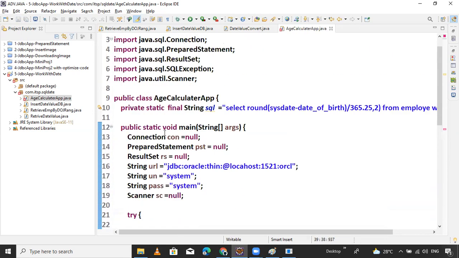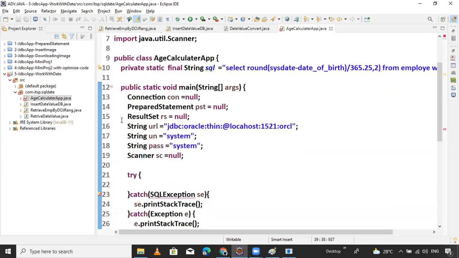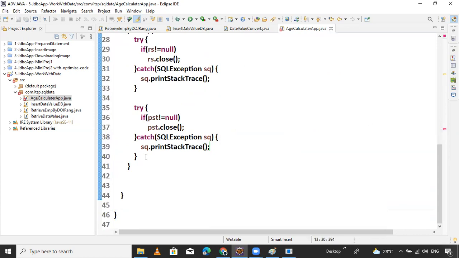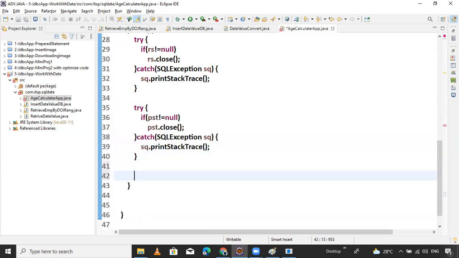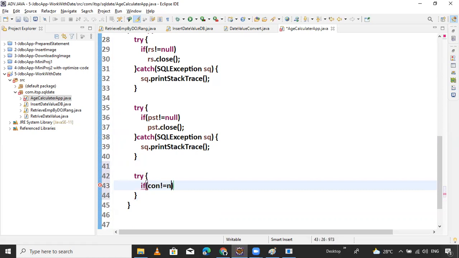Now, one more thing is remaining for the closing. First, we close the result set and prepared statement, and next is the connection. So copy this, otherwise write it down, not an issue. If con is not equal to null, then close.